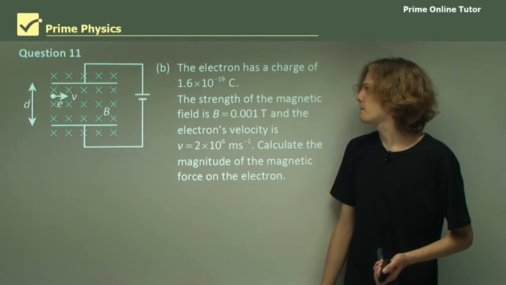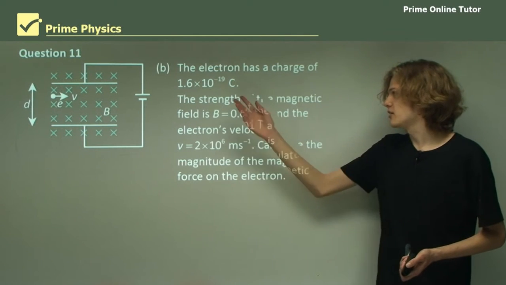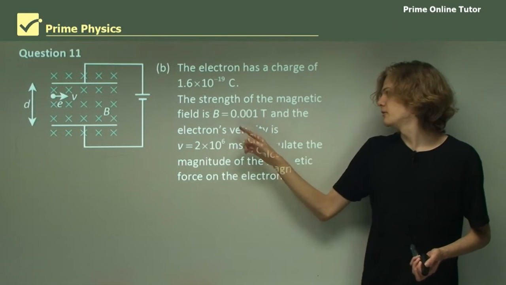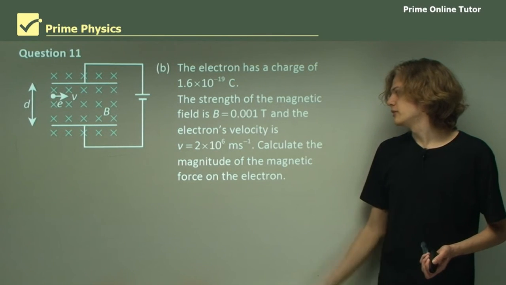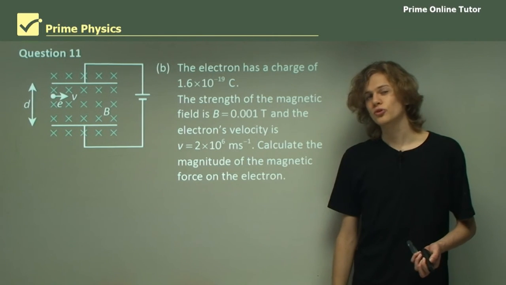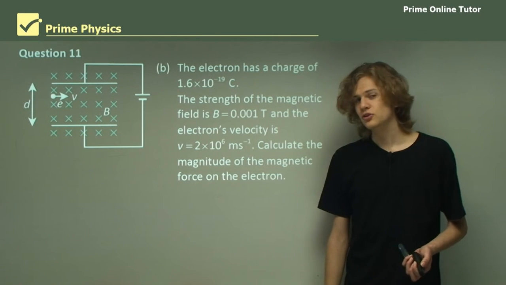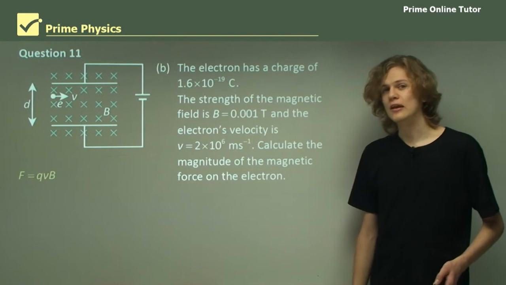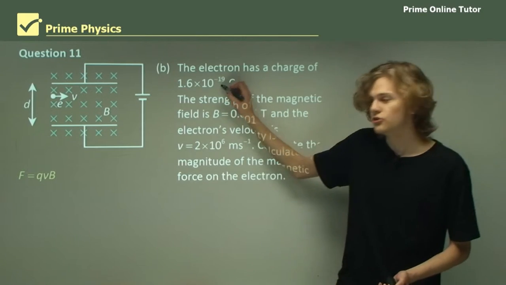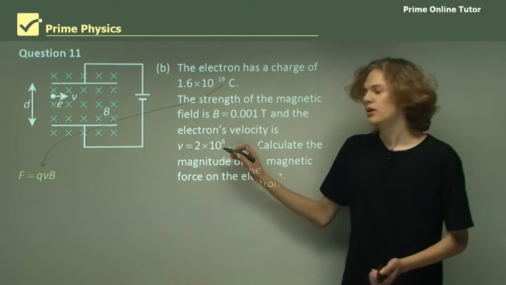Part B. The electron has this charge. The strength of the magnetic field is 0.001 Tesla, and the electron's velocity is here. Calculate the magnitude of the magnetic force on the electron. The relevant equation in this case is F equals qvB. We can substitute the charge as q, the velocity as v,